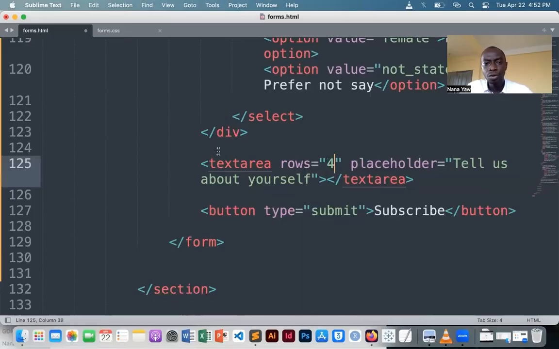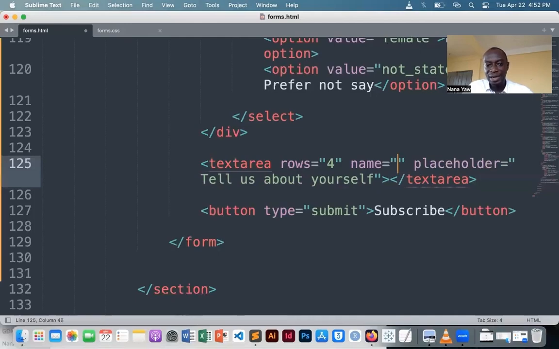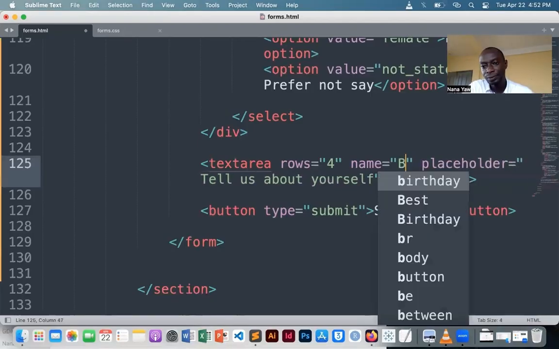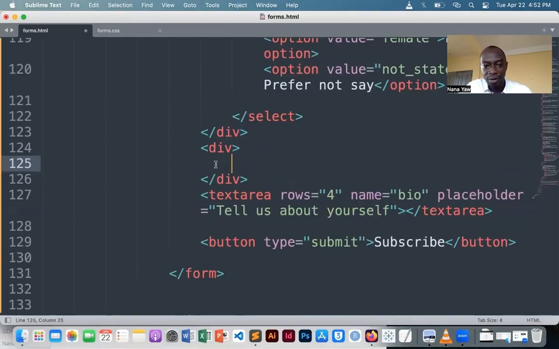You can also give them a name so that when you label them, the label can identify or hold the name as an anchor. So you can name this as bio. And we come and insert our labels. Okay, so first we need to put this in a div to help control